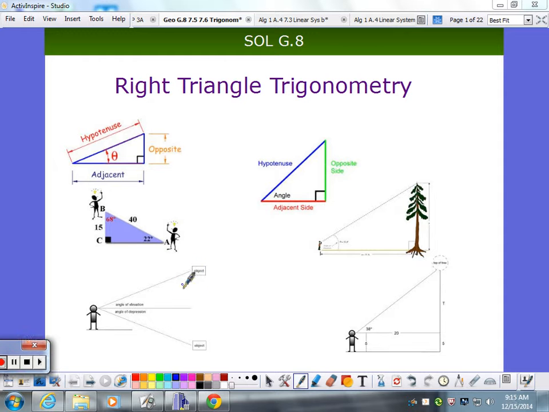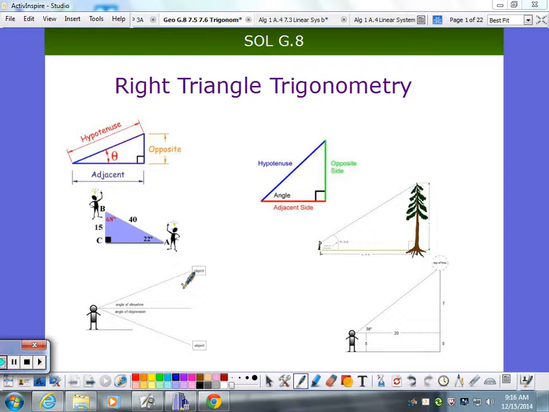All right, right triangle trigonometry. So far we've been using trigonometry to find these missing sides in triangles. If you're missing two sides of a right triangle, how do you find the third side? Pythagorean theorem. We also learned that if there are similar right triangles, maybe there are some other ways to find